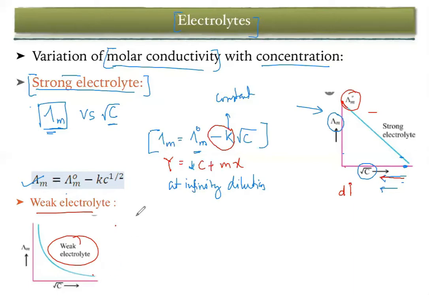Now, as we are diluting the solution, we are putting more and more water, and the concentration is going to decrease. As the concentration decreases along the x-axis, the molar conductivity is slowly increasing, but it never really reaches the infinite dilution value. You take any weak electrolyte, it is not going to completely dissociate. So if it does not completely dissociate, we are not going to get any point on the y-axis. From the exam point of view, remember these two graphs and this equation.